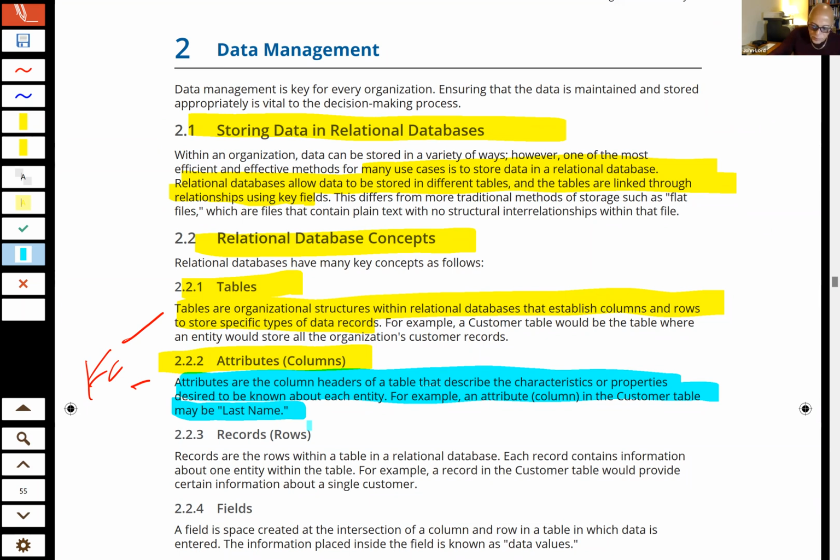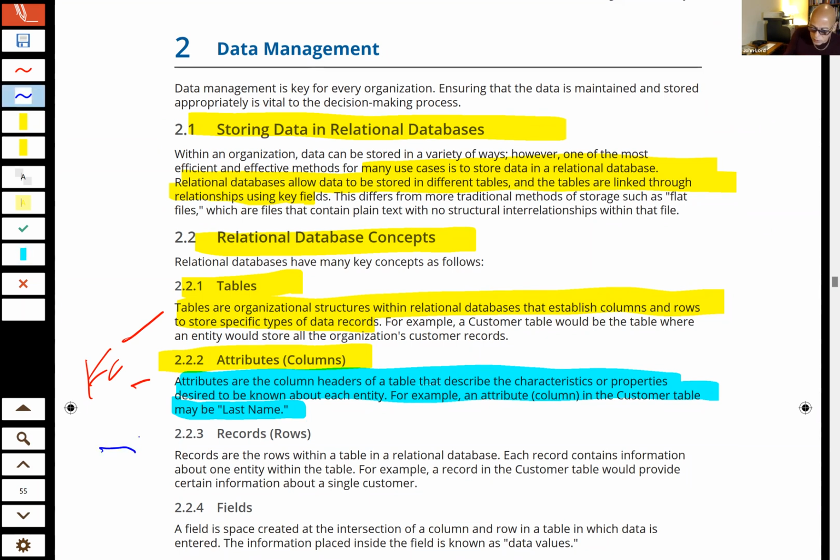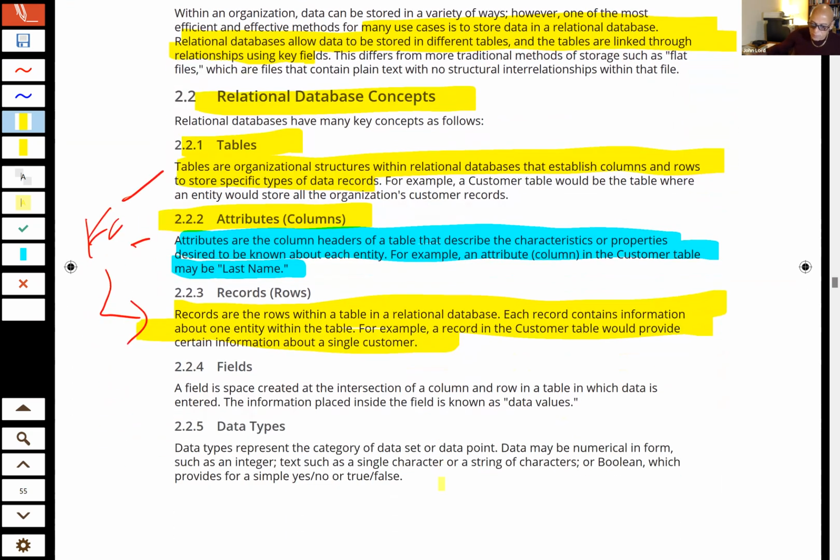Then we have, okay, and you can see why I'm using the Excel analogy here. Flashcard, all of these, I don't know why I changed the color, the same, still a flashcard, okay, are rows, okay, and the rows are records within a table in the relational database. So what would happen, a customer table would provide certain additional information about a single customer, maybe things they've ordered, that sort of thing, okay.